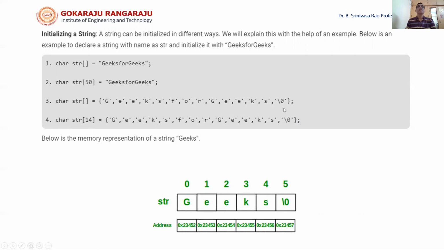The important point is that in the first two cases we have not given the null character, but here, when we are initializing character by character, we are giving the null character specifically in the input. Similarly, in the next one we are also mentioning the size, and as per the size we are giving the characters one by one in single quotes, including the null character.